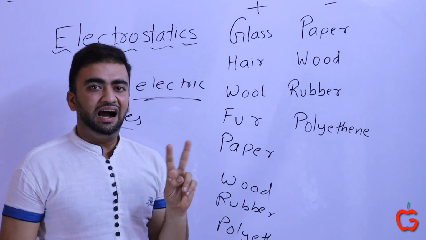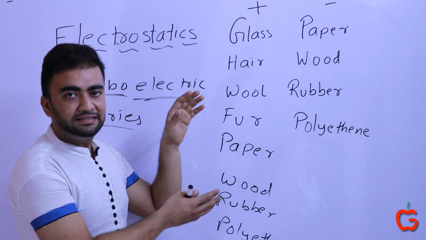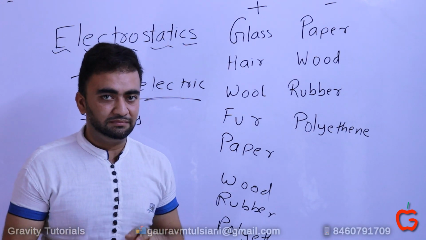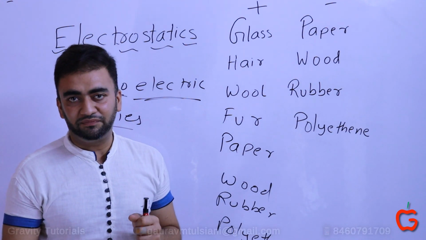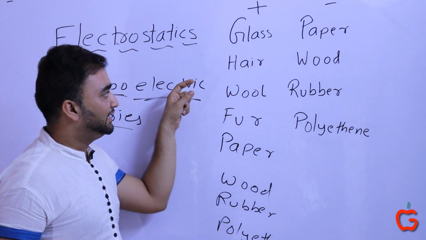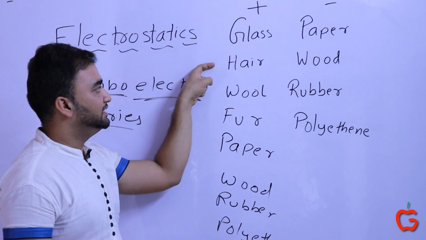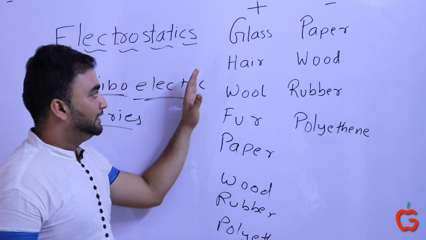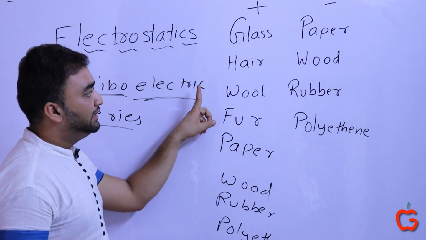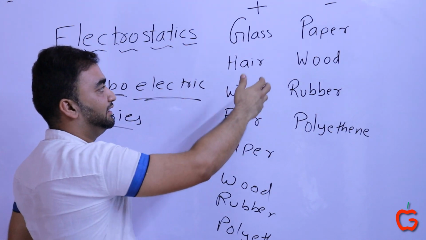Rule number two, how much charge things acquire. The rule is: the farther the elements are in this series, the more charged they become, the easier it is to charge them, and the lesser time is required to charge them. For example, we may take our polythene and hair example that we had seen in the last video. When hair is rubbed with polythene, rule number one says hair is positive and polythene becomes negative. Let's call this pair 1: hair 1, polythene 1. Now we take another volunteer. We are taking too many volunteers and rubbing their hair with polythene.